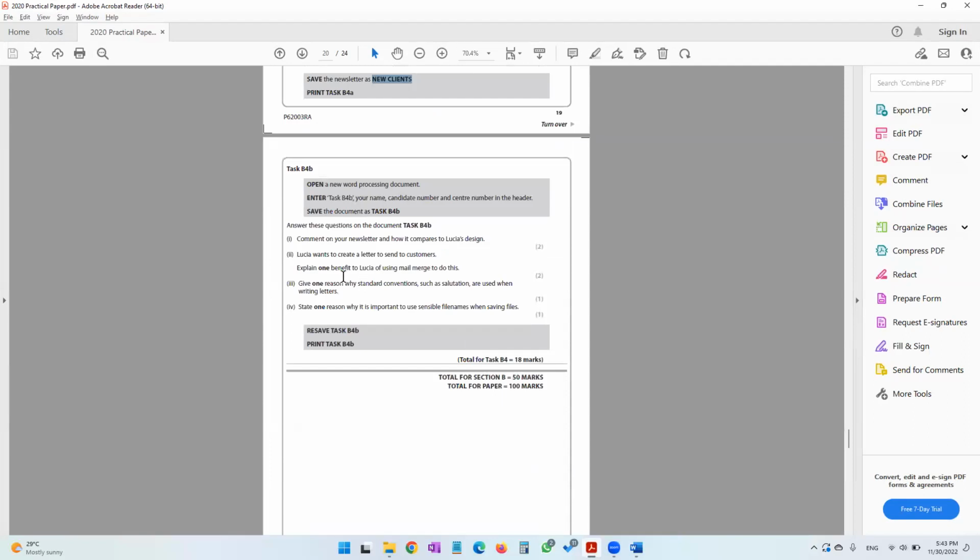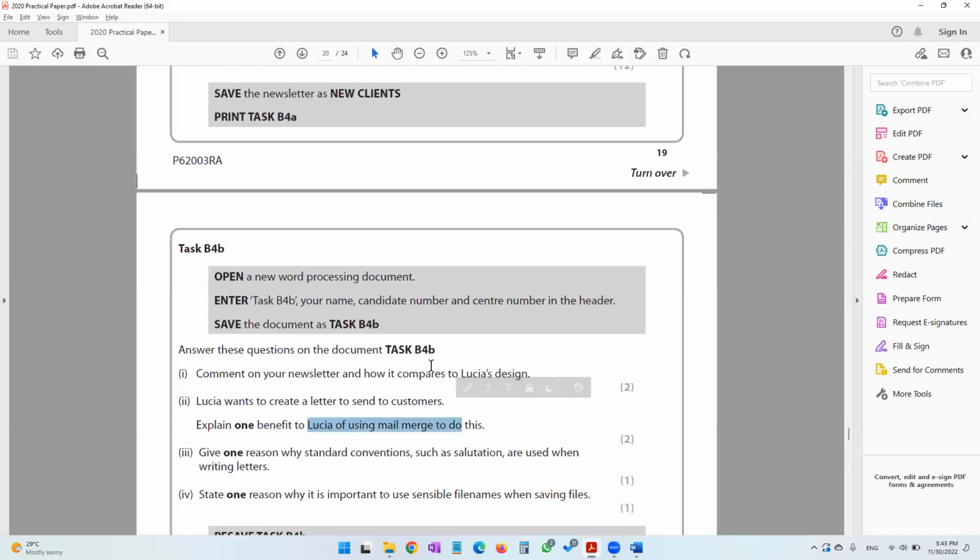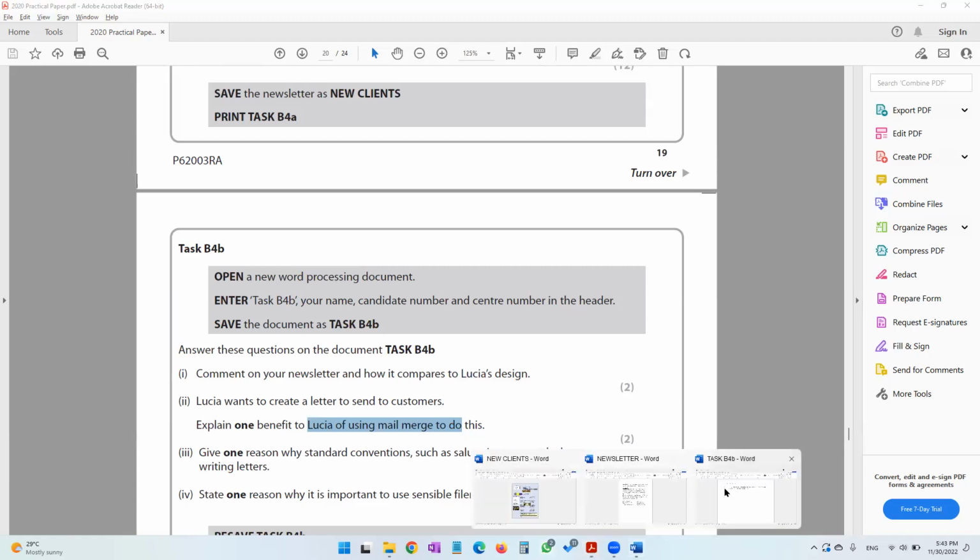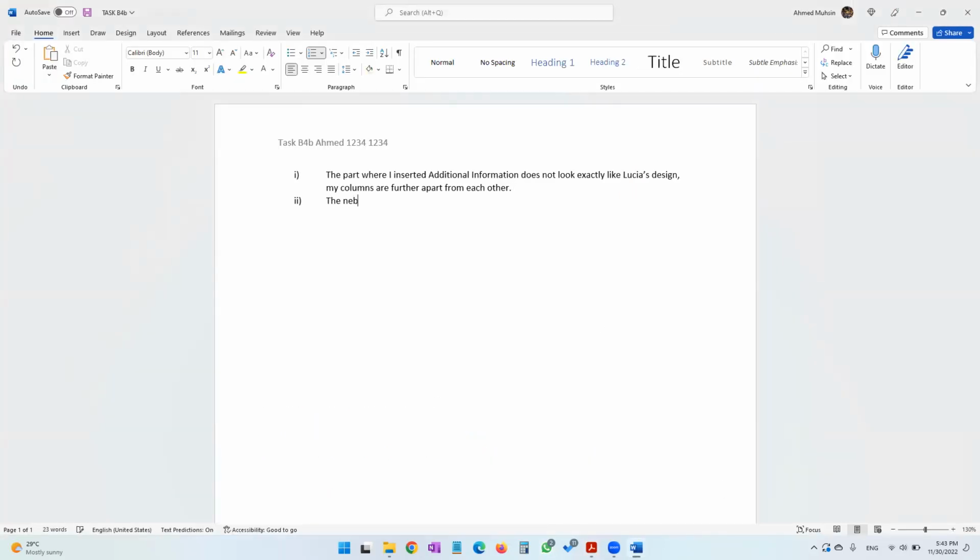The second question says, Lucia wants to create a letter to send to customers. Explain one benefit to Lucia of using mail merge to do this. So let's put the question number over here. You can say the benefit of using mail merge is that Lucia will have to type out the letter only once, and thereafter, once she connects the letter to her contact source,